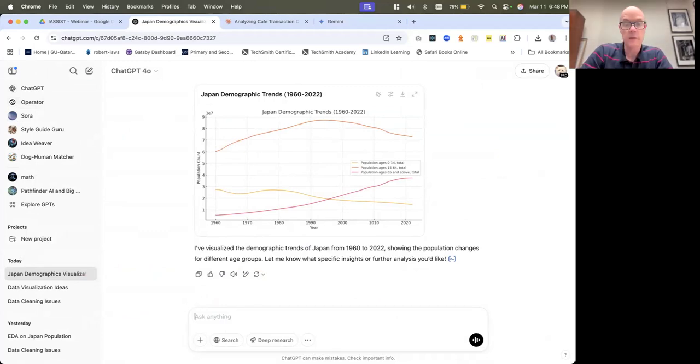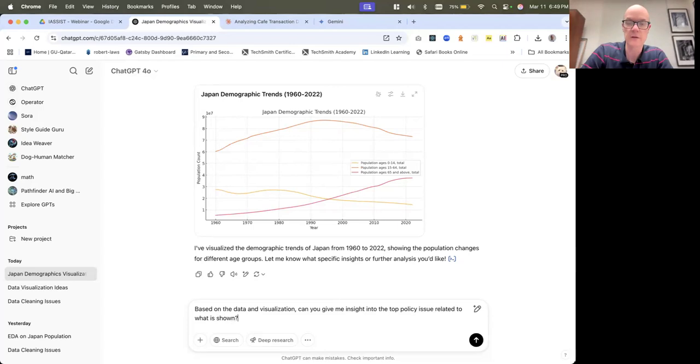So I'm going to say, based on the data and visualization, can you give me insight into the top policy issue related to what is shown? Okay, I don't know.